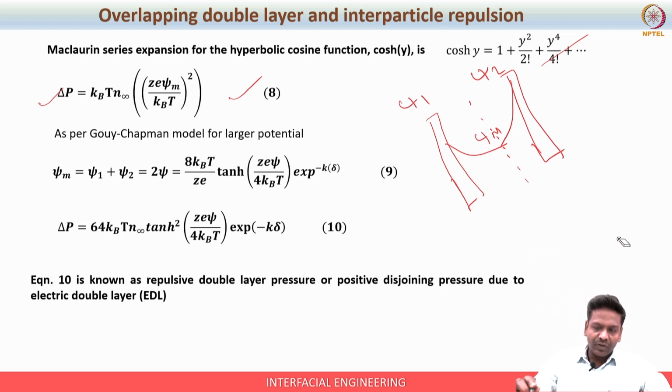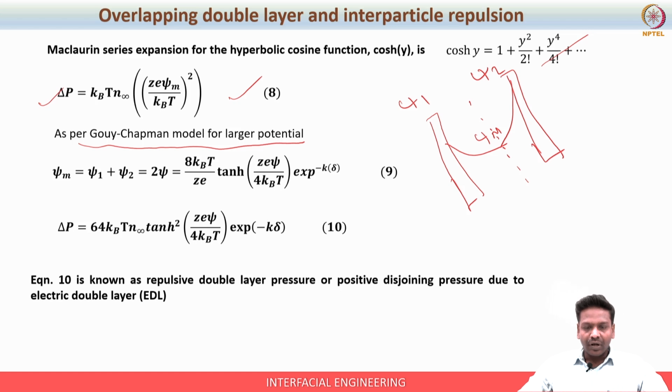Okay. Now if you assume psi 1 equal to psi 2 equal to psi, then you can simply say this is nothing but 2 psi itself, right? This is 2 psi itself. So if this is 2 psi, now what we need to know is what is psi. Okay. So here in this case, the Gouy-Chapman model for larger potential was considered, because in general you can't always expect lower potential. That was due to the Debye-Huckel approximation. But if you consider the larger potential also, you can obtain this equation for psi.